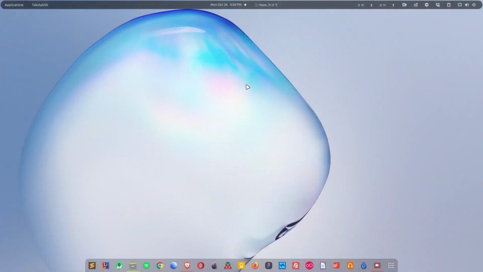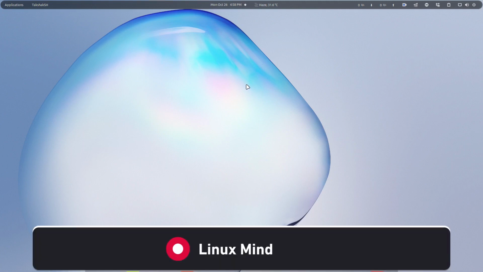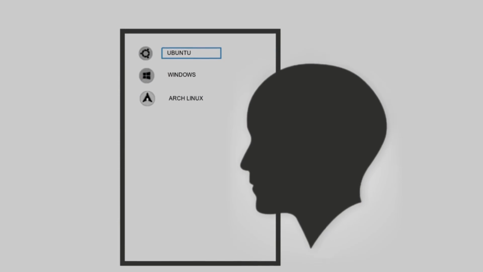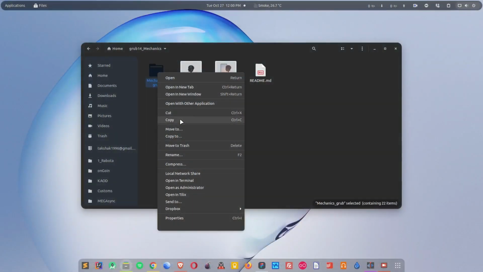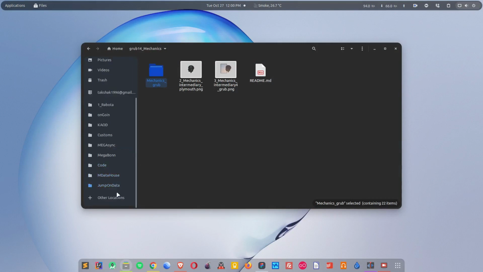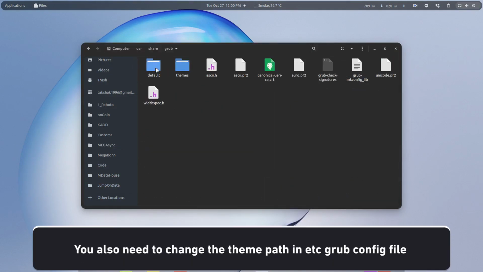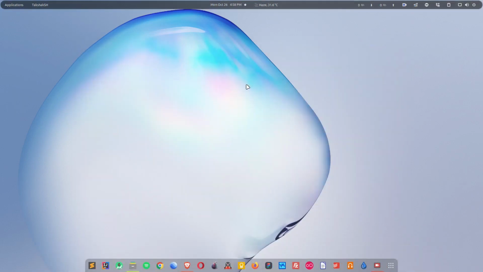Lastly, we have the grub theme for Linux, and this is Linux Mint, and it is pretty minimalistic looking grub bootloader theme, and it goes pretty well with the macOS inspired themes that I've showed earlier in this video. You can install it in your system. So you can download using the provided link in the description, and simply copy the content of the theme into the bootloader theme folder. Then it will automatically get applied.